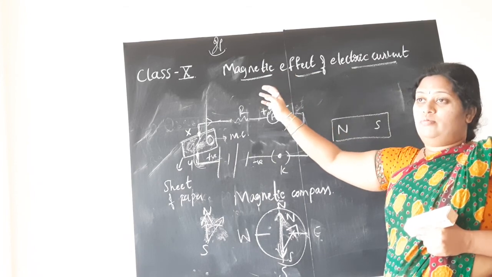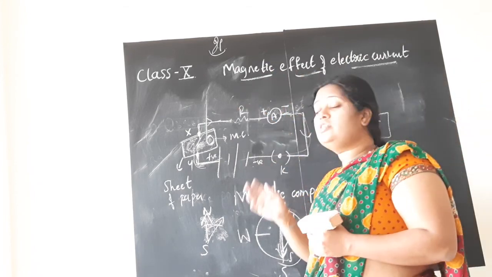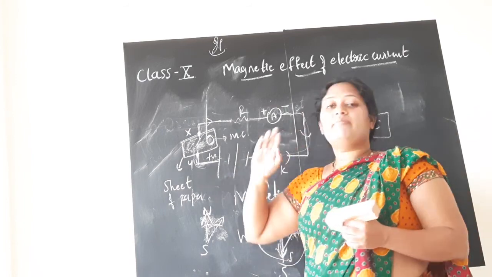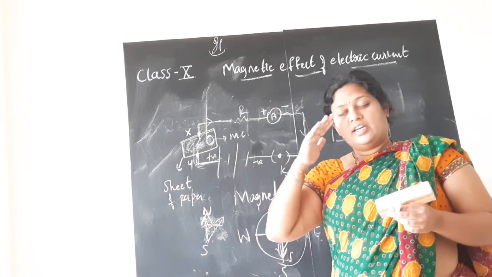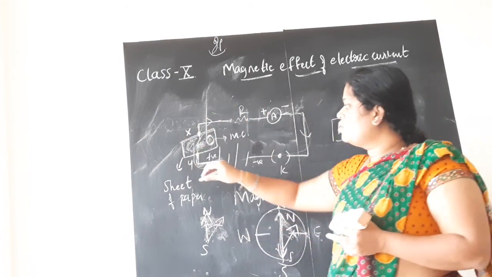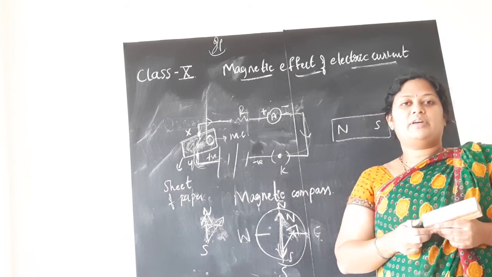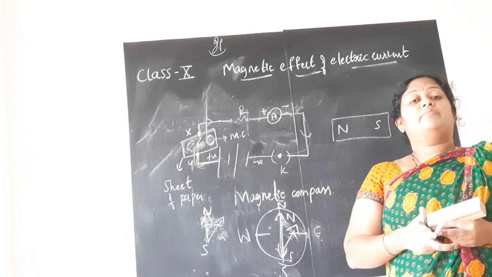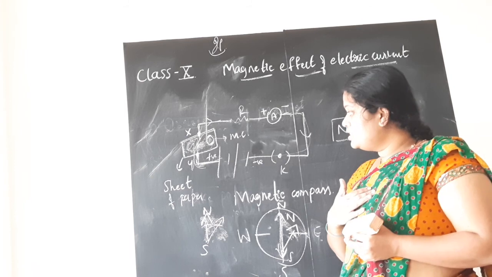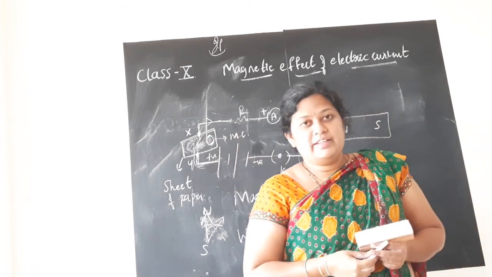So, no. This is reverse. Electric effect of magnetic force. Yes, no. Here current is producing a magnetic field. The current which is flowing through the circuit, when it goes nearby the magnetic compass, children, we can see the deflection in the magnetic compass, by which we can say that the current is producing the magnetic field there.